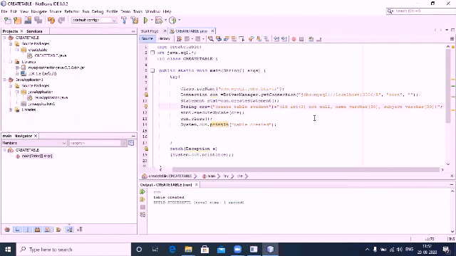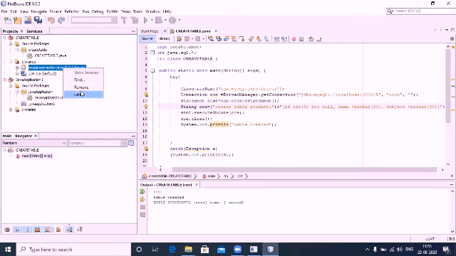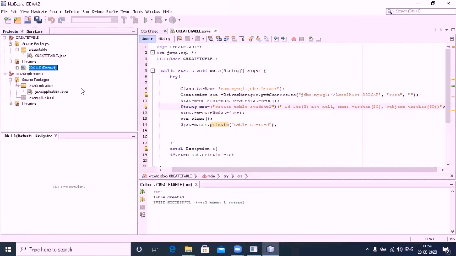Then a small modification I will do to this table. See here, student1 I have made here, with the same data. As I told you earlier, the jar file is a must to get connected from a Java application to MySQL. So here I'll just remove this jar file.